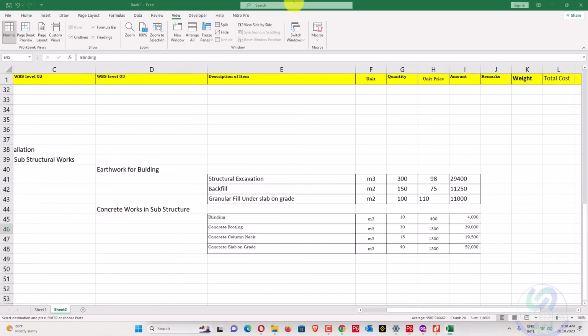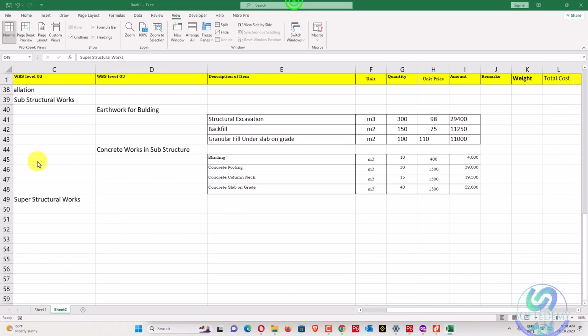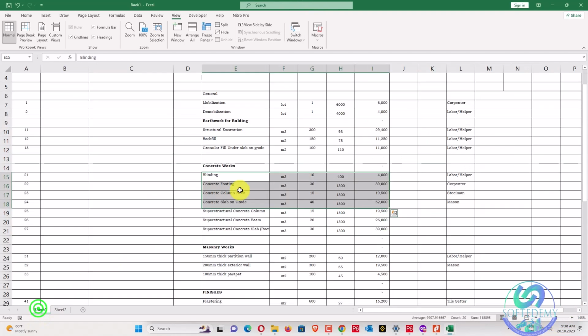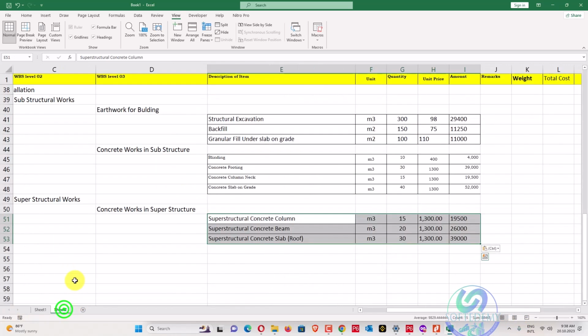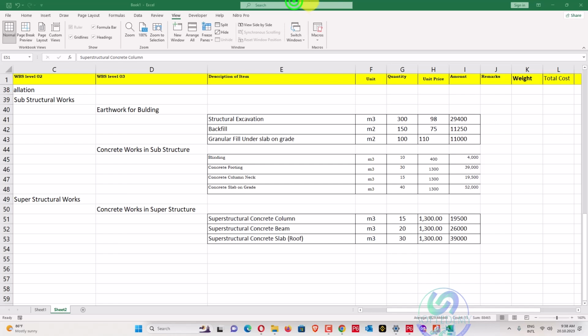Now we'll go for the next one, and the next one is similar: superstructure work, but superstructure is our WBS level 2, and we'll go for the next one, concrete work in superstructure. We'll also copy from that same location, like this one. Masonry work which has been given in the sheet. The similar will go for every item.